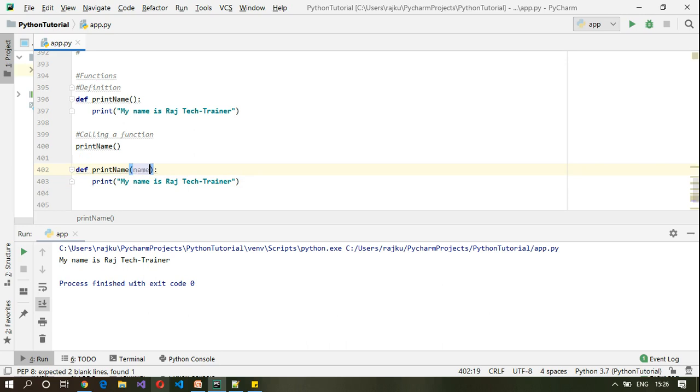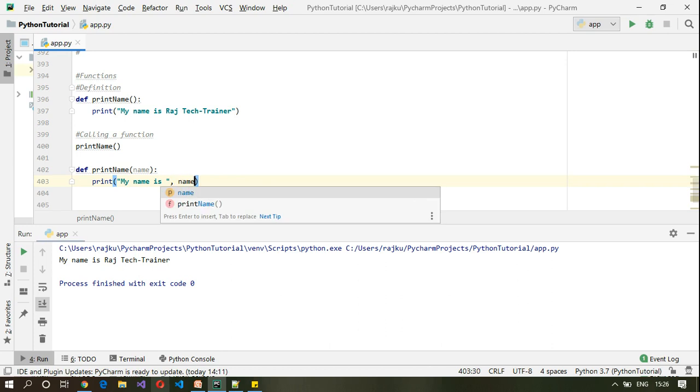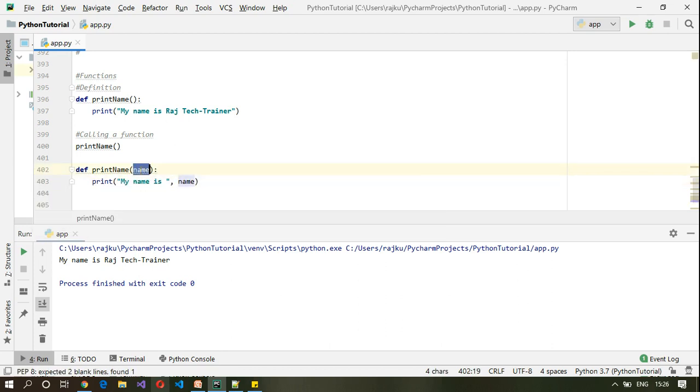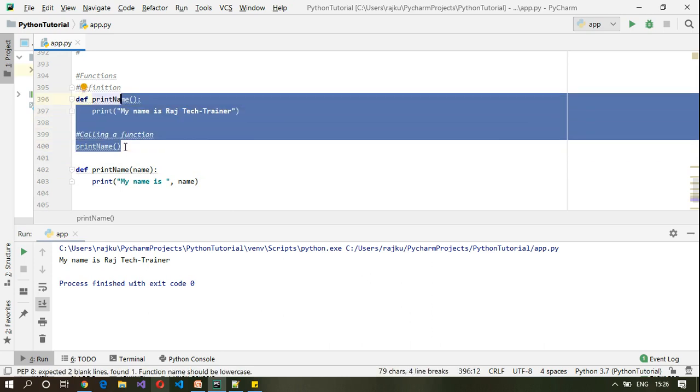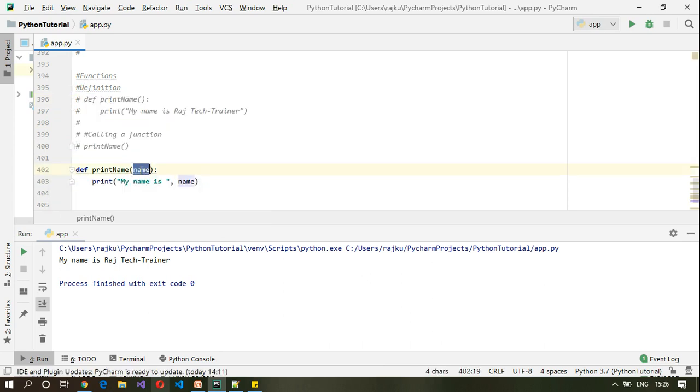The parameter is name, and inside this function we can print the name here. Now name will become an argument for this particular function. Earlier, whatever we have seen is a plain simple function without any arguments. Now we have one argument here.